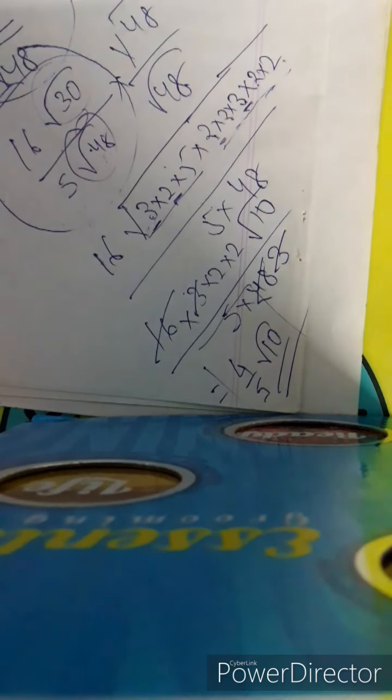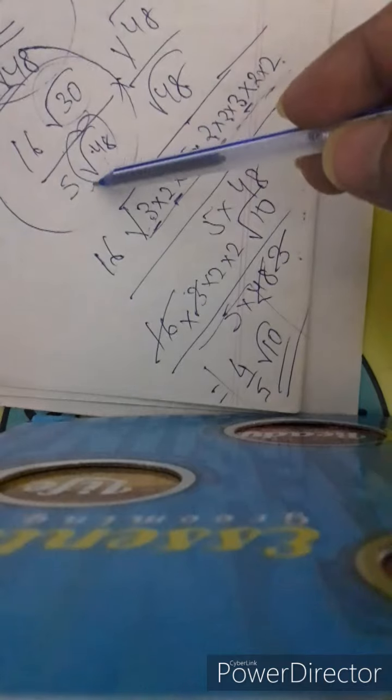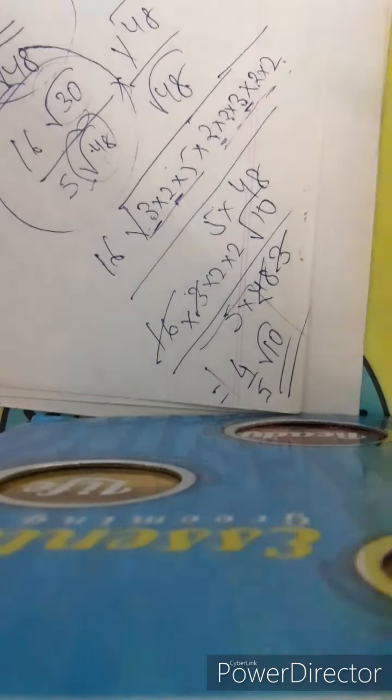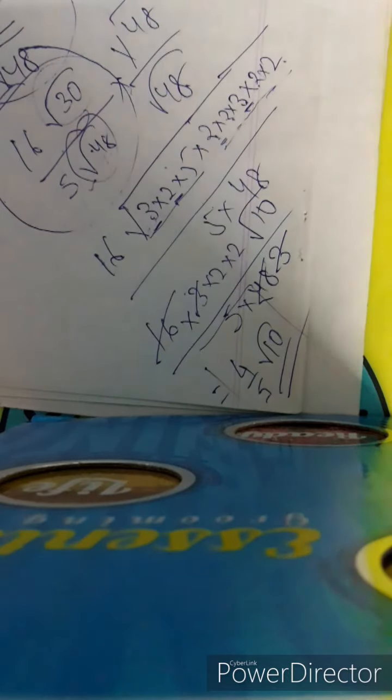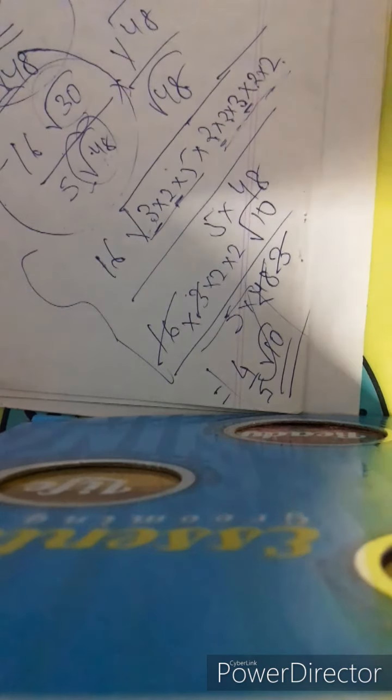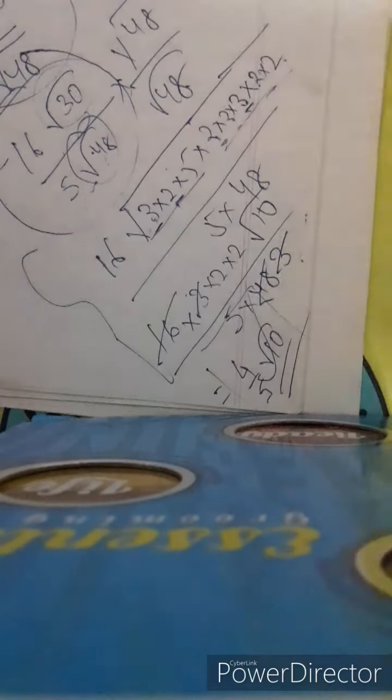I hope it's very simple. Whatever root value is in the denominator, you have to multiply the numerator and the denominator by that root value and simplify to get the required answer. Alright, this is rationalizing. It's very simple. So we'll take a look at a few more complex problems so that you are able to understand the concept better.